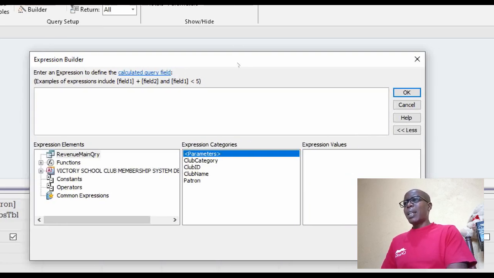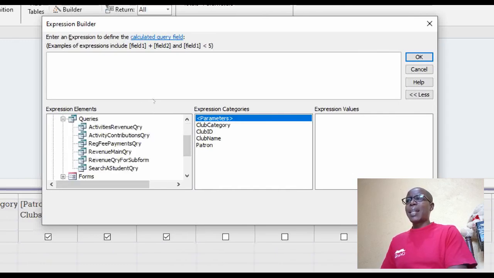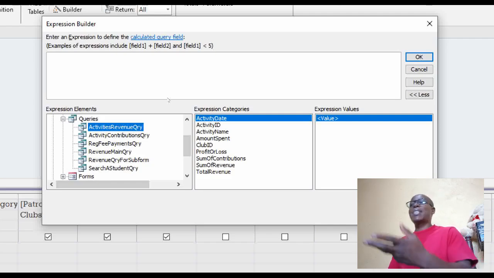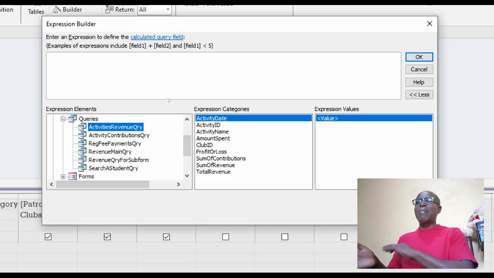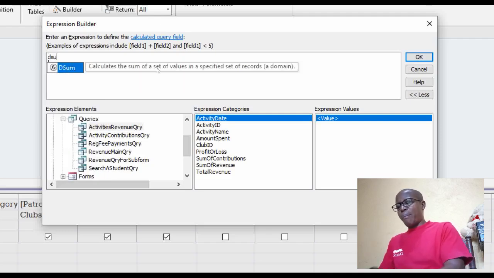There we are. In the expression builder window, expand the list so that you see again the queries, and the query of interest is activities query. We are just exposing the items, we are displaying the items under activities revenue query for reminding ourselves the names of the fields. That's the reason why I'm getting back to this query. Otherwise, if our memories were very sharp, we could have just typed the statement, and that could be it. DSUM,